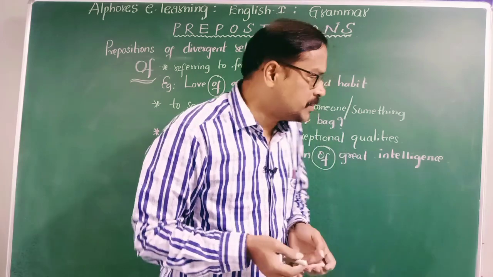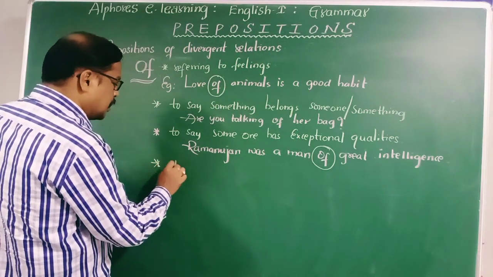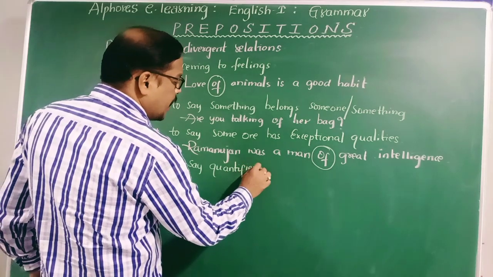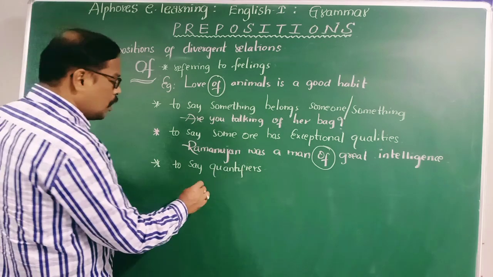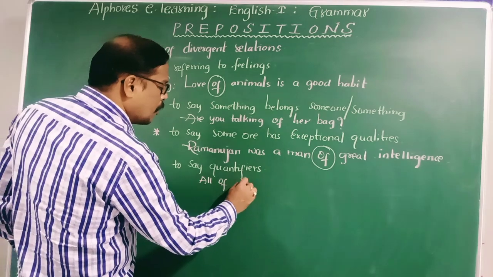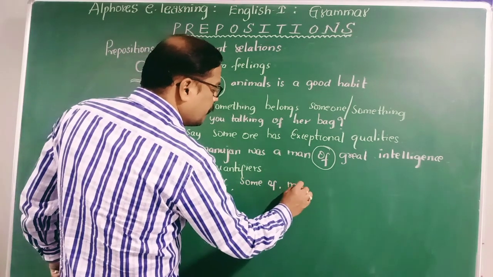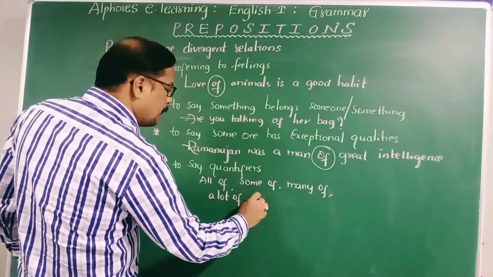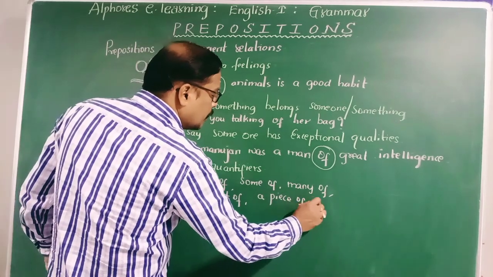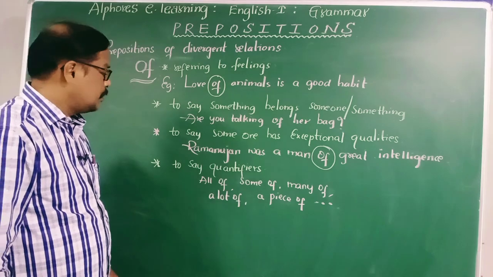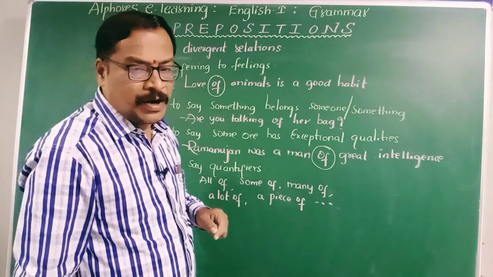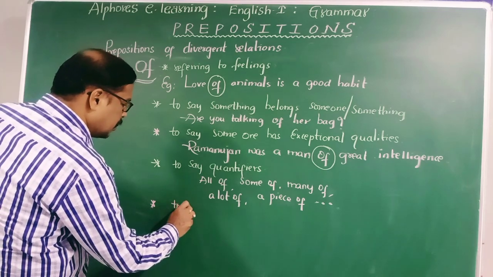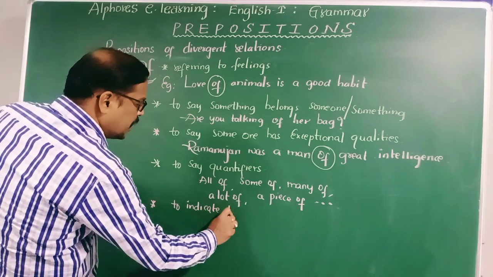Okay, dear students, and in the same way we can use of preposition to say quantifiers. Quantifiers, like all of, some of, many of, a lot of, a piece of, etc. Like this, we use the preposition of. And to indicate the age,